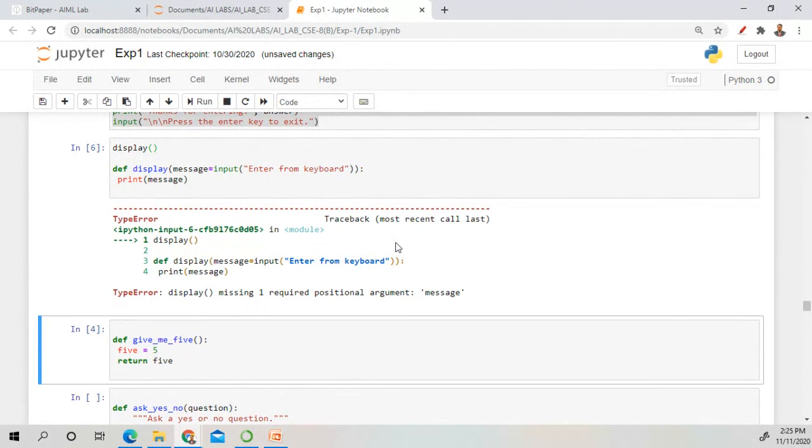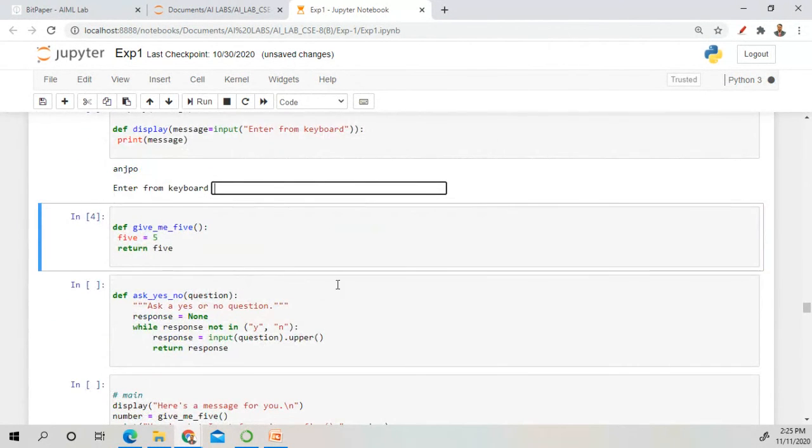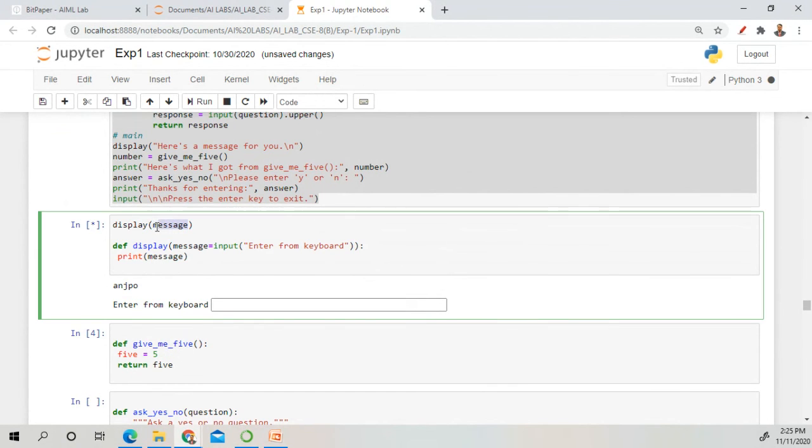Instead of display, what will happen after you type this message? So this is the parameter, and we have defined a function right here.